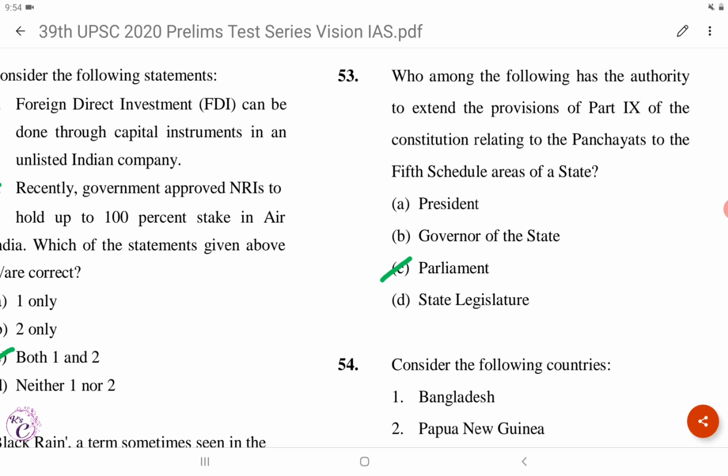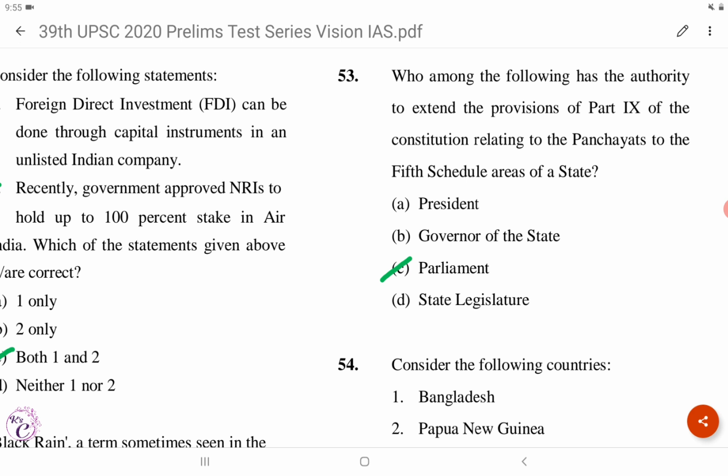Article 243M of the Indian Constitution, while exempting the 5th schedule areas from Part 9 of the Constitution, provides that the Parliament may by law extend its provisions to the scheduled and tribal areas subject to such exceptions and modifications as may be specified in such law, and no such law shall be deemed to be an amendment to